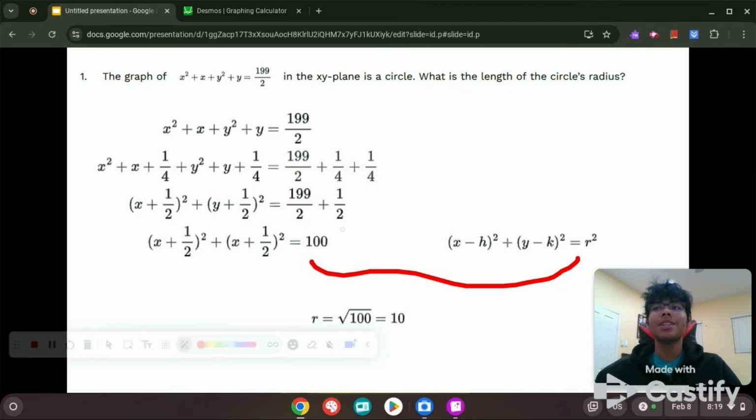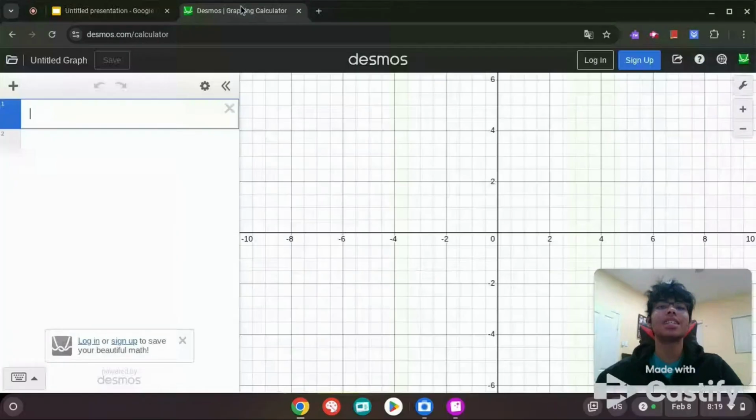But I personally would not do all this work on the SAT. The SAT is all about being as time efficient as you can, while trying not to make any mistakes. For example, you might put 1/2 instead of 1/4 here, which would be an honest mistake, but it could cost you the entire answer. This is going to be multiple choice, but some questions are free response, so you want to watch out for that. So what I would do on the SAT is I would just go to Desmos,